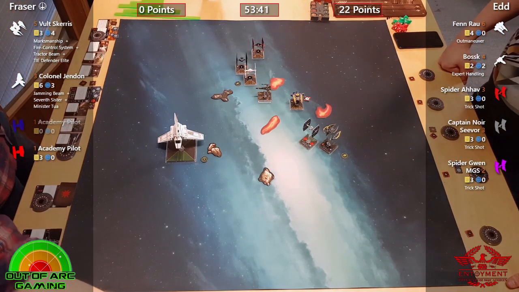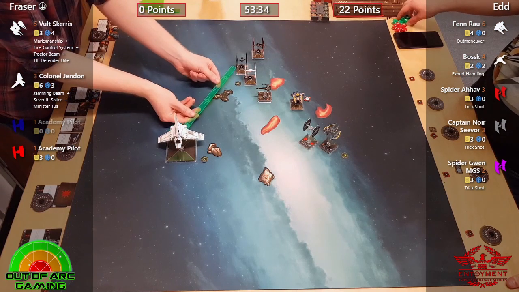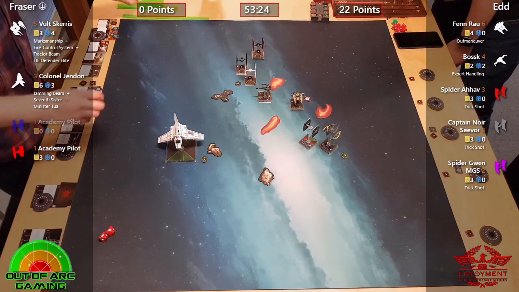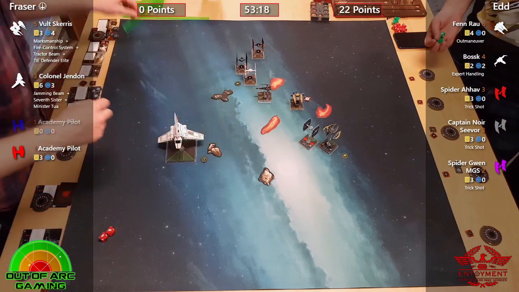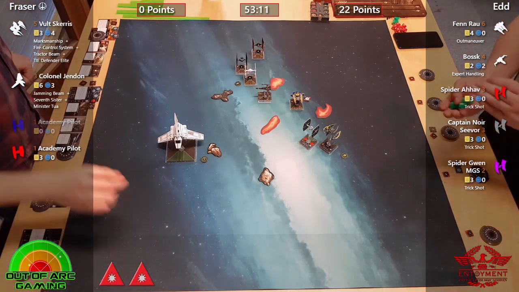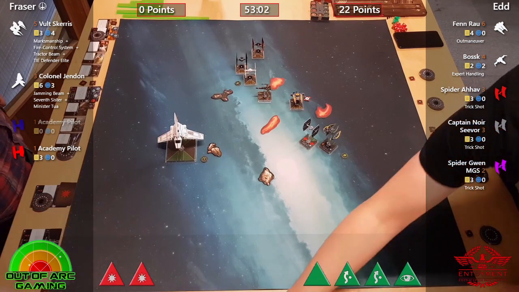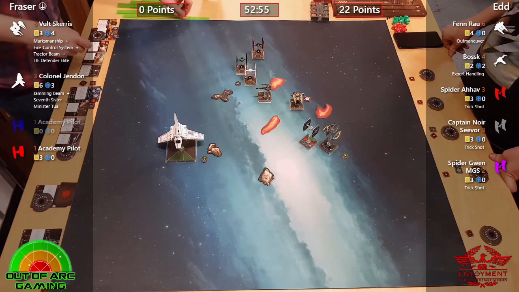So Jendon has taken 1 shield, so utilising that reinforce there. And we are checking Captain Noir. Oh no, we're checking Jendon first, because Fraser does have initiative. We'll see how many dice get rolled. So, yeah. Looks like 4. So that'll be on to Spider-Man. Yeah. 2 hits and plenty of evades. 2 evades, plenty there. So looking at it, Seville